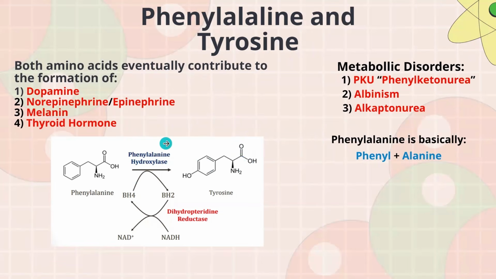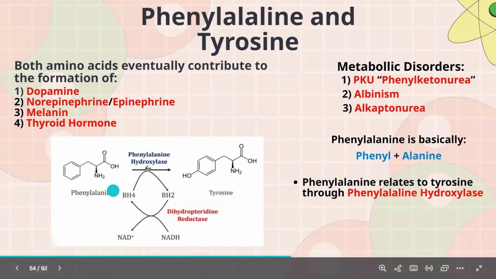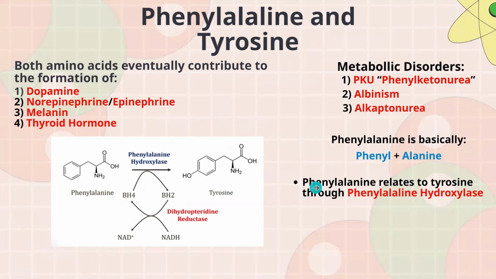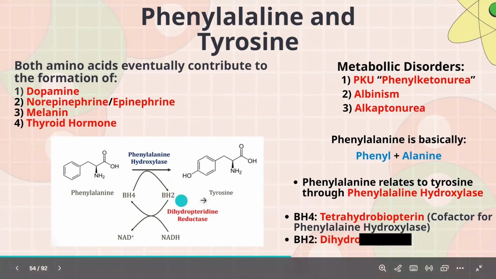Because we said last time, phenylalanine hydroxylase converts phenylalanine into tyrosine, right? Now, the important and new part here is something called BH4. BH4 is going to be used and it's going to eventually form BH2. Here, we're also going to explain how BH2 forms BH4 again, regenerates, and forms tyrosine. BH4 is also called tetrahydrobiopterin. You don't need to know the names, but if you were to recognize them, tetra is for four and dihydro is two. So tetrahydrobiopterin is a cofactor for phenylalanine hydroxylase.